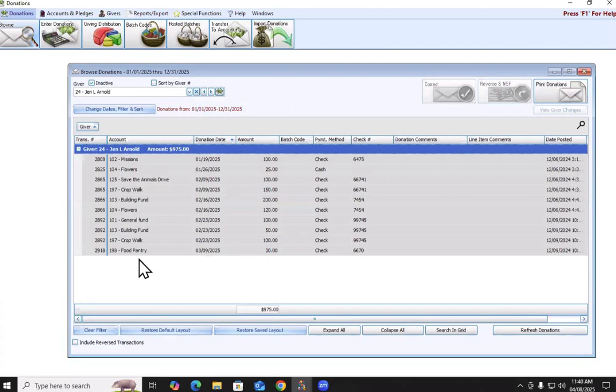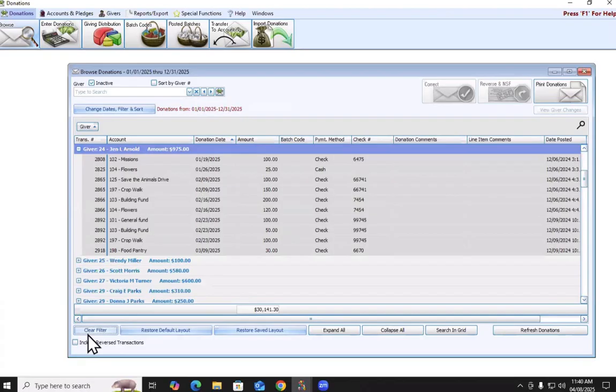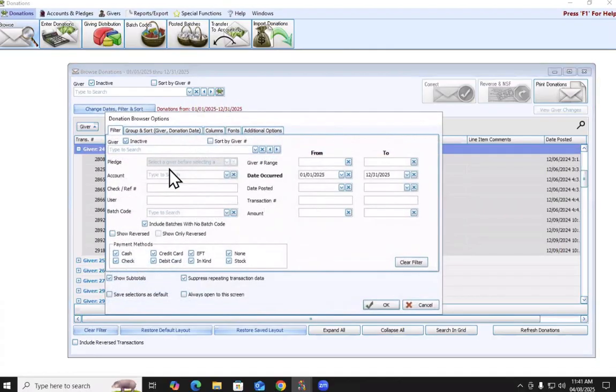If you find there is a transaction that you need to make a change to, you need to search for them by the giver first using this search box. Let's say we don't know who the giver is for whatever reason, but we have an amount or a check number. You can easily go into Change Dates, Filter, and Sort and use one of these fields to search